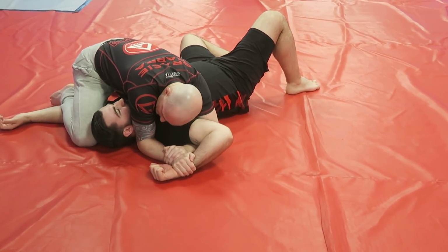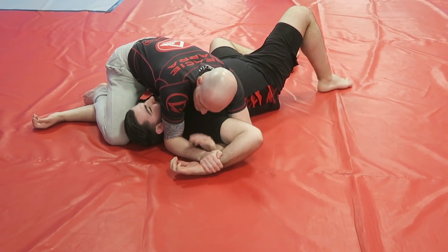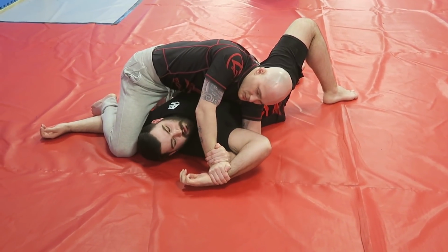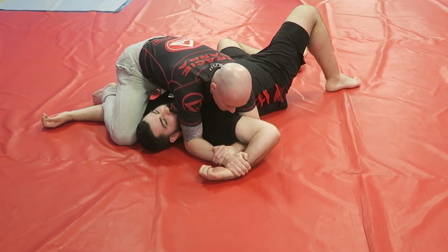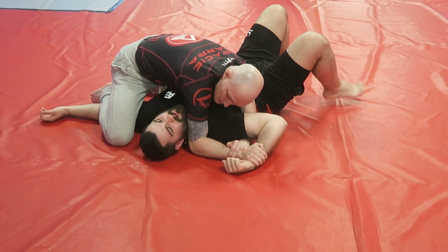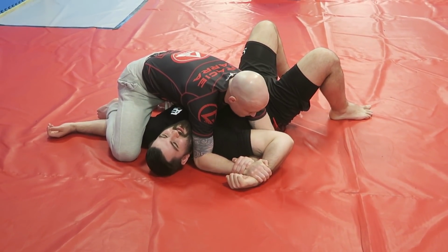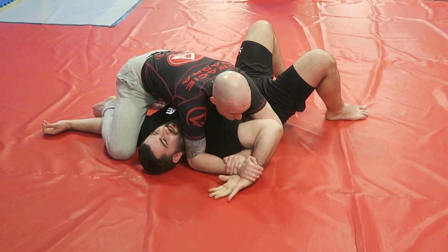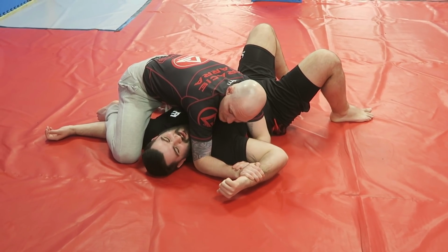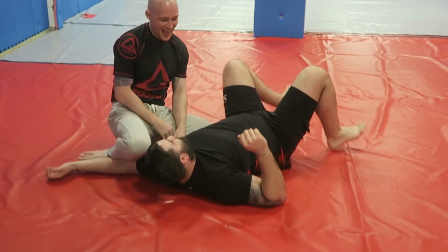Boom. Okay, can you feel that? So my elbow comes into your ear. Okay, and now I figure four your arm. I'm grabbing hold of my own wrist. Okay, and now what I'm going to do is I'm just going to move this back towards your hip. Yep. Feel it? Yeah, I definitely feel that. Okay, so then what I'm going to do is I'm just going to pick your elbow off the floor until you tap. Okay, nice and easy. Sounds nice and easy, but